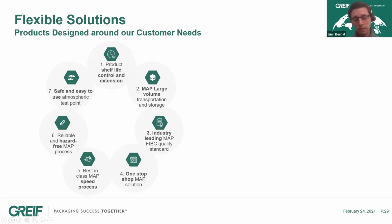We looked as well, not only at the FIBC, but the whole system. And then we created a proposal for customers that do not already have a gas or a vacuum solution, as a one-stop shop, providing very good speed of processing. Of course, it is hazard-free because the whole system is already integrated. And last but not least, in number 7, is a safe and easy to use atmospheric test point,